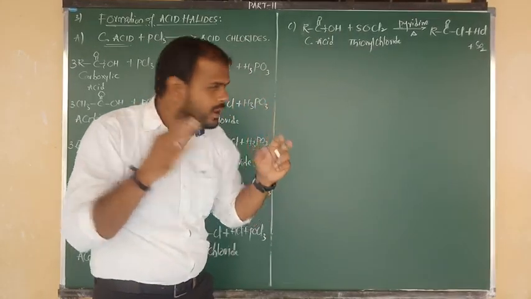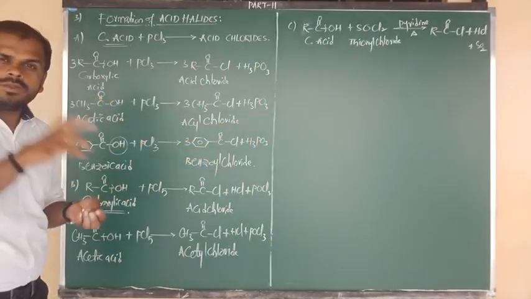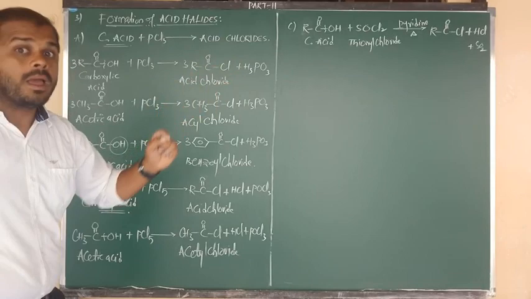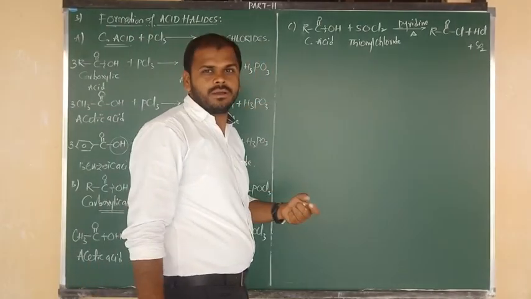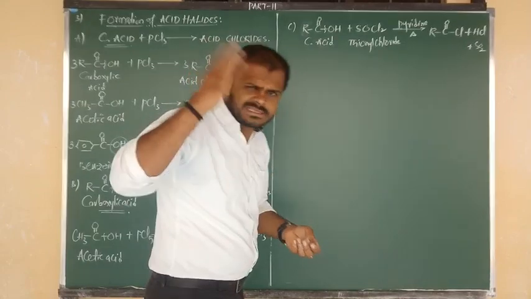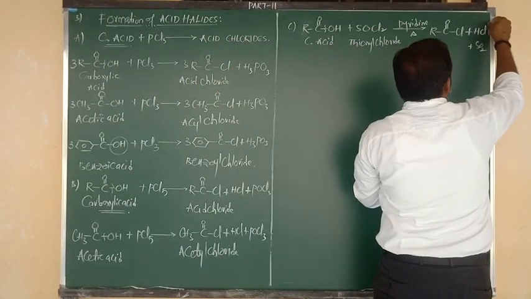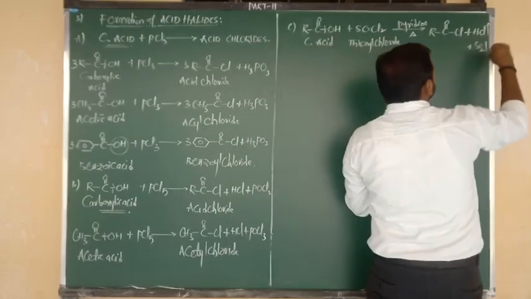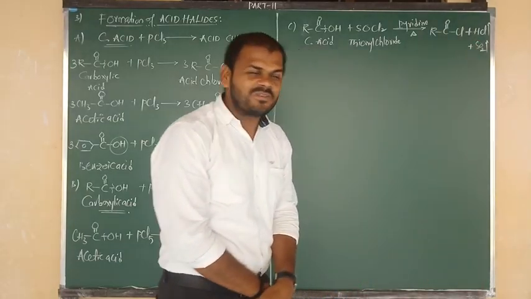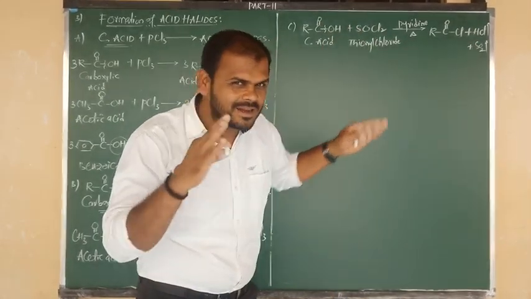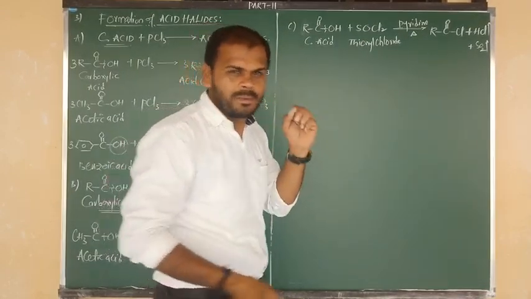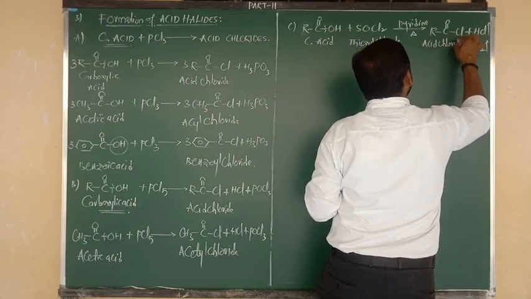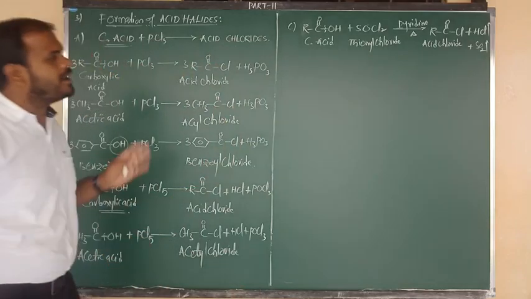And all of you listen carefully. Of the three reactions, the most suitable and preferable method is the thionyl chloride reaction. Because in this reaction, with the use of pyridine catalyst, we can easily remove the HCl gas. And one more byproduct is SO2. Due to its gaseous nature, it is also eliminated easily. So after the loss of both gaseous byproducts, we have only the main product. The main product is acid chloride. This is your important reaction.